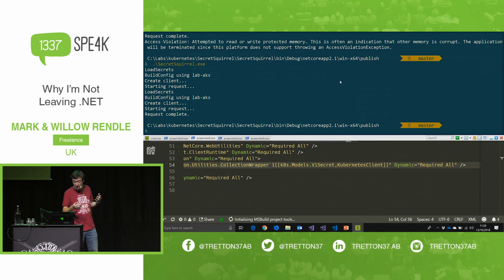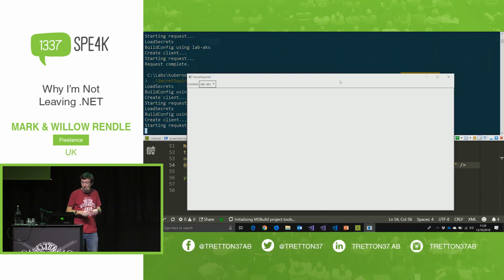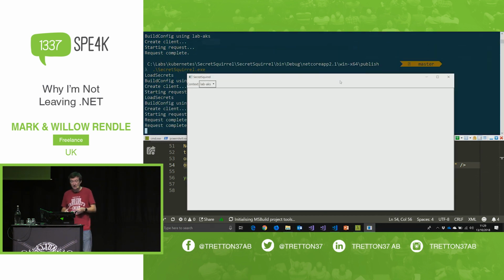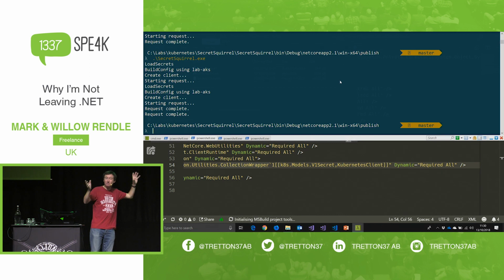I am in the debug pod. It worked. Literally, I was sat at the back of the room and I tested it and it worked. Come on, one more try. Go on. Request complete. Nope, it's going to crash. Sod it. But yes, so this is going to become a viable part of the .NET toolchain,